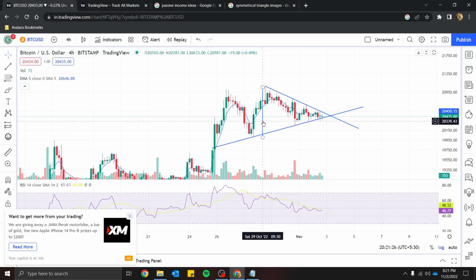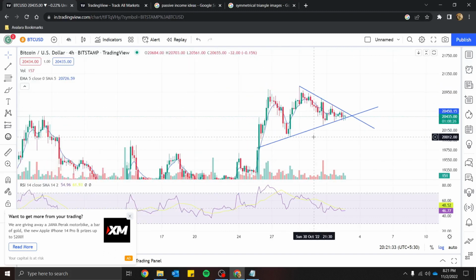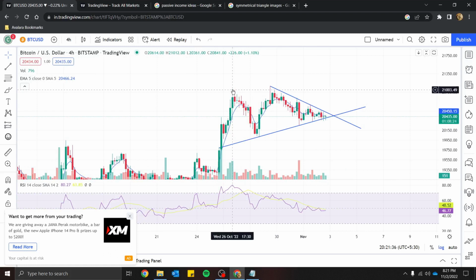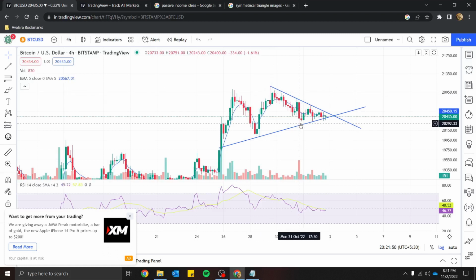As we can see here, the price action is again and again respecting the upper level as well as the lower level. So this means suppose there were some amount of sellers, the power of sellers got consumed up to this level. After that the buyers again came into the picture and took the price up to this level. After that again sellers came into the picture and made the price fall up to this level. After that again buyers came and took the price up to this level. So in this way some amount of sellers are getting consumed as and when the price is coming downward.